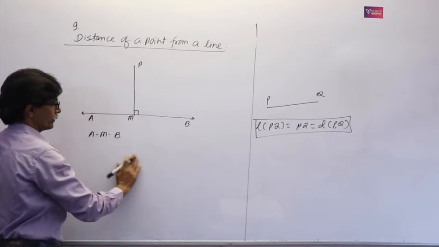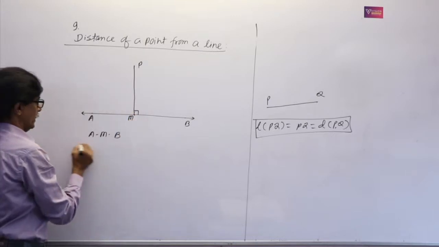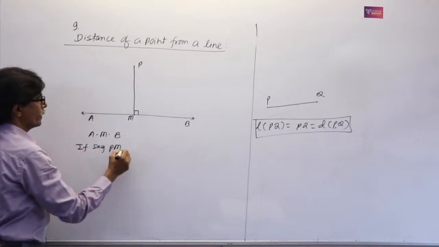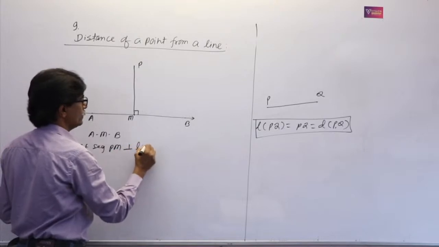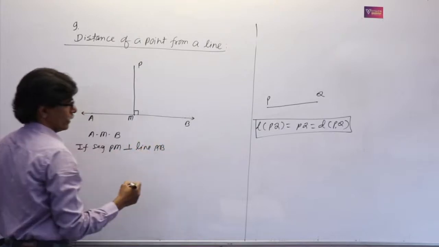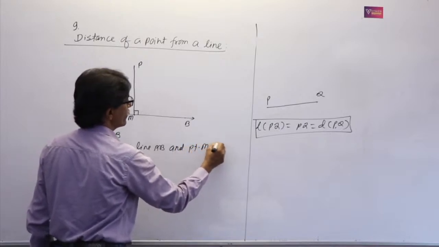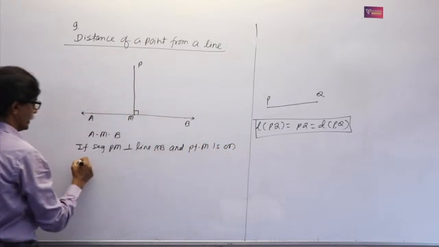So now look here. If segment PM is perpendicular to line AB and point M is on line AB,